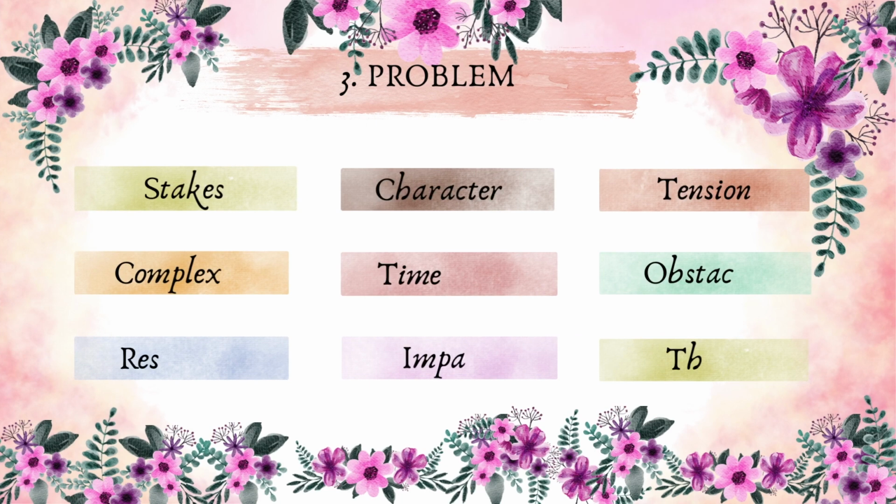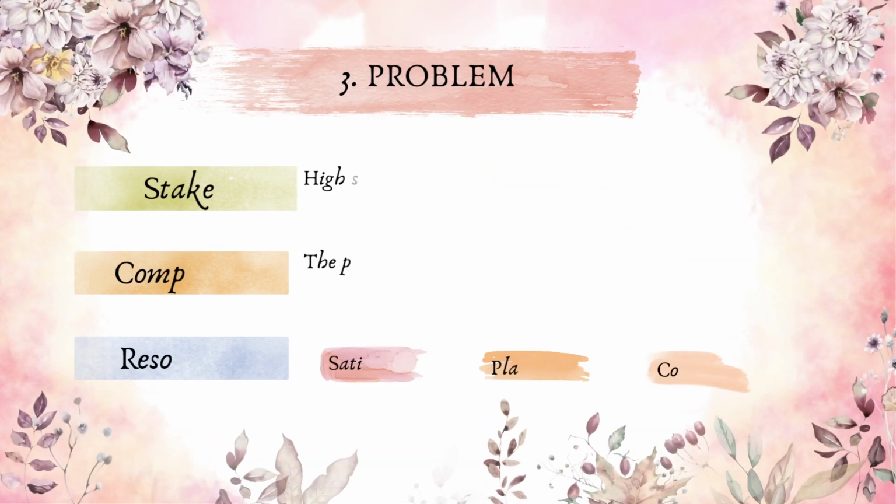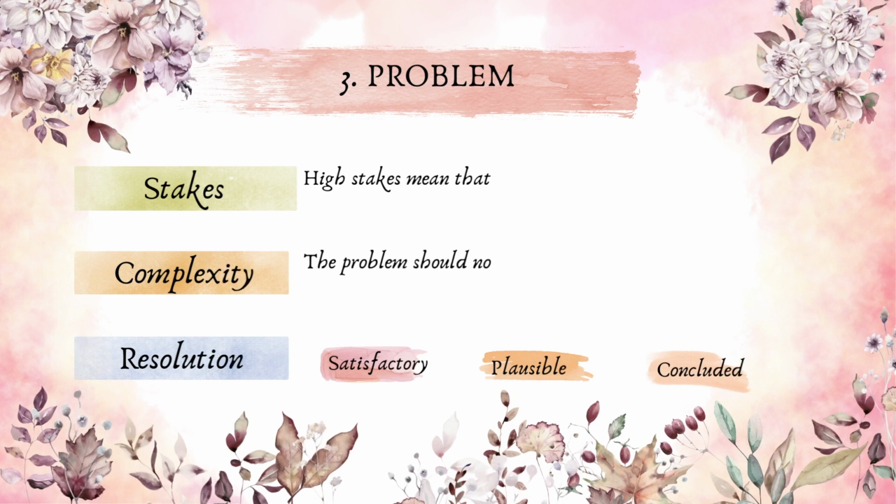Number 3. Problem. Making sure you have characters that have problems, desires, emotions, etc. just like real people is crucial to bringing your story to life. Every good story has some sort of problem that happens to build tension and keep your readers reading. In the end, you don't have to tie up everything nicely with a bow, but make sure there is some sort of way to address the problem that will evoke an emotional response in your reader. Often, this emotional response is key to a good story that will keep people reading for generations.